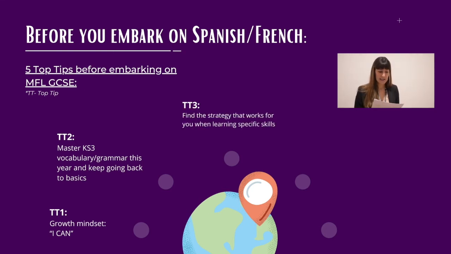And third one, make sure, if you haven't already, you find the right strategy that works for you for each skill. So many of you, I know you go over the vocabulary, just go over it. That's not going to be enough to then recall that vocabulary in an exam. So find, I don't know, flashcards or what strategy works for you for each skill, because for listening it might be different. Make sure you do it now in year 9, so you're secure already in year 10, you know what you need to do for each skill.